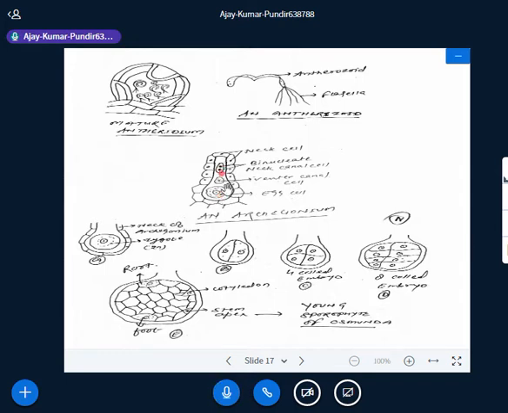If you see the mature Archegonium of Osmunda, it has been observed by pteridologists that the venter region, venter canal cell and egg cells are embedded in the cells of the prothallus, and the neck of Archegonium is projected. The neck of the Archegonium has binucleate neck canal cell, and the neck is covered by neck cells, and the venter region has one venter canal cell and a large egg cell.